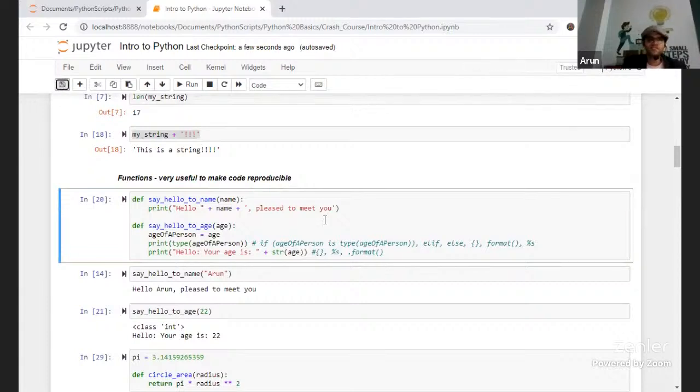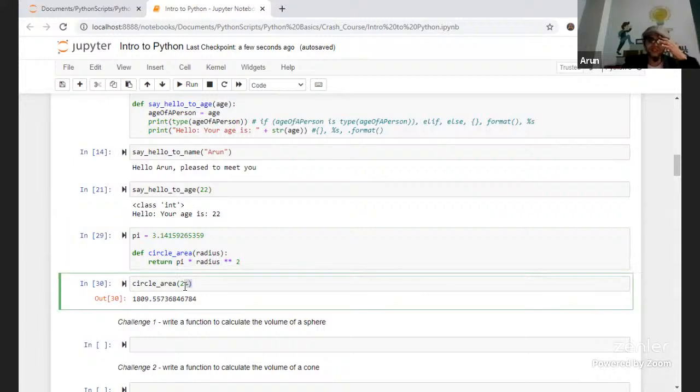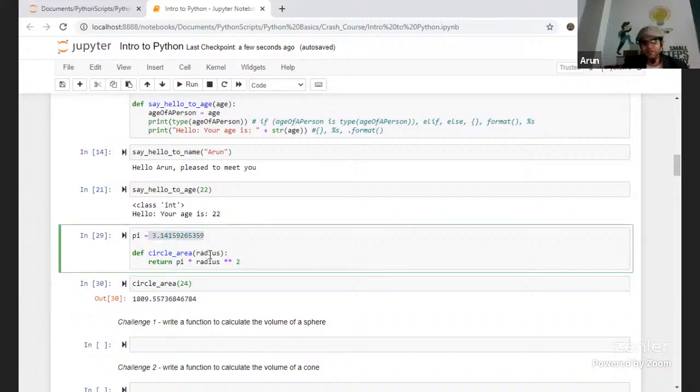Now we have seen up to here, and suppose we are trying to use a small function like circle area of radius. This is a function, and we know that radius is being passed the value which we pass from here. In this case, it is an integer. If we are passing an integer over here, and pi we have assigned a floating point number, by default the system tries to convert this value.